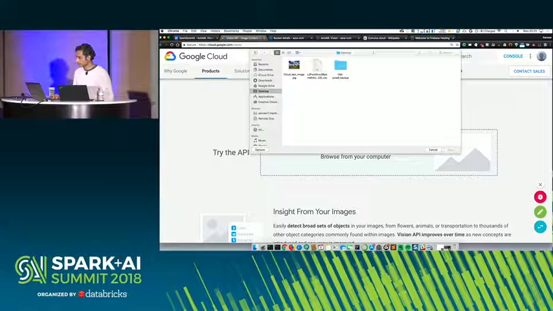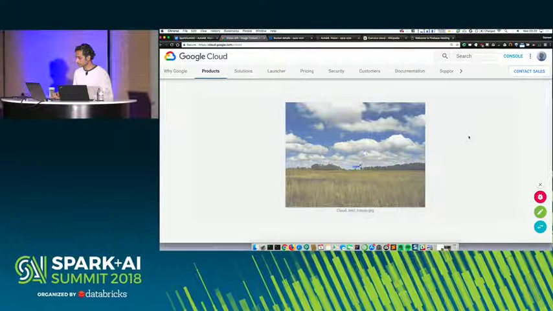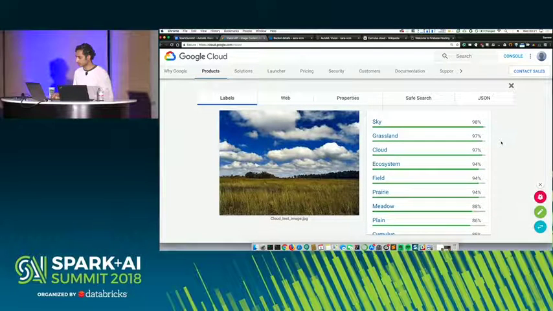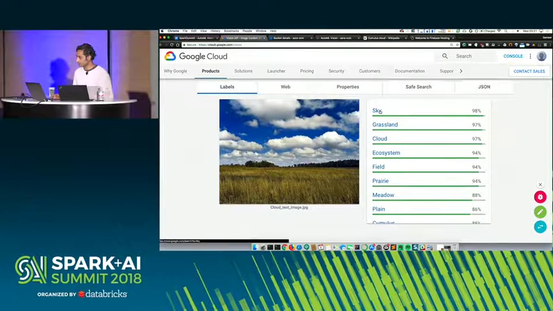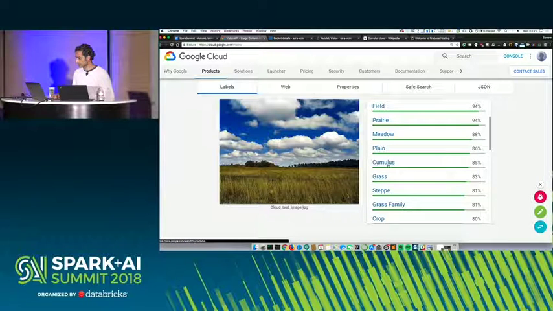I'm going to get this image of a cloud and upload it here, and this is going to do some labeling on the image. It's finding that this is an image of a sky and grassland, 97% cloud. The problem here is it's not making it very clear what type of cloud it is. I can scroll a little further down and it says cumulus 85%, so it has some idea of